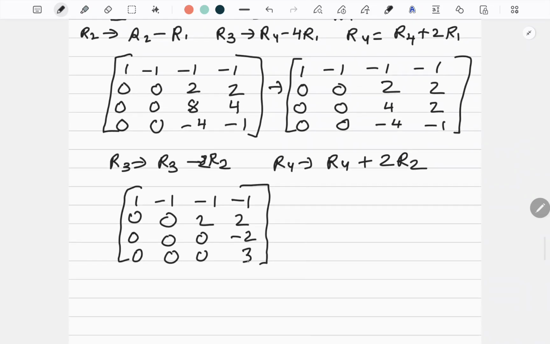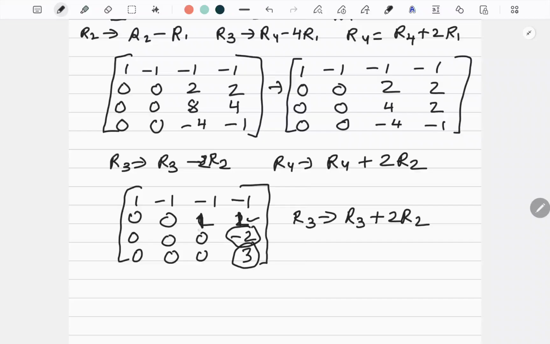Now in the next step, if you observe, these two numbers are there. I can make this 3 also 0, and I can make this also 0. Right? So in R3, I am using this number. If you want, you can divide it by 1, so it will become 1, 1. So in R3, you apply R3 plus 2R2. Now see, if you do this, this 0 will go.